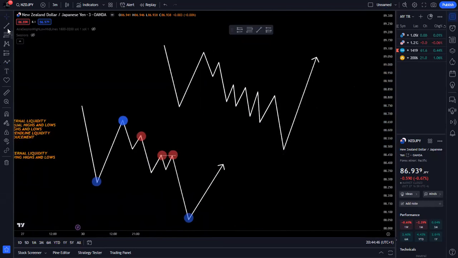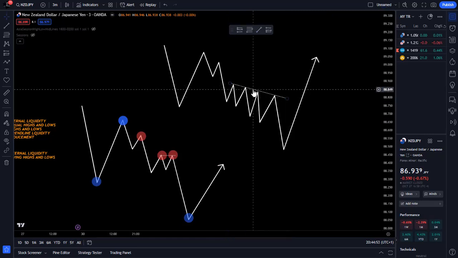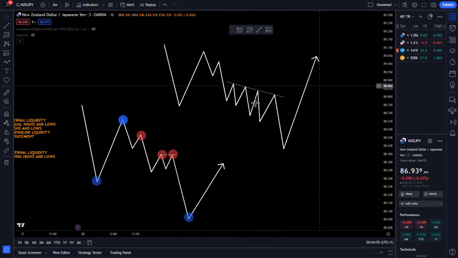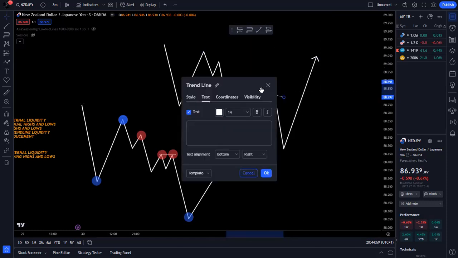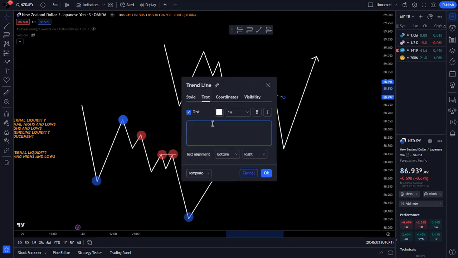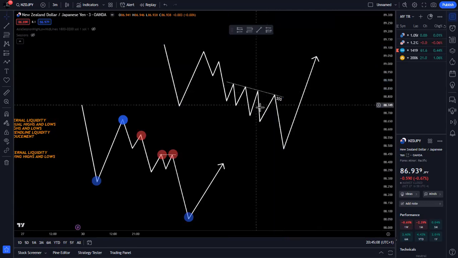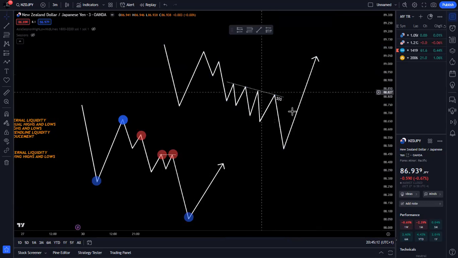Now, in this case, we have this to be trend line liquidity. At this point is where we have the liquidity line. So now this is an example of trend line liquidity,